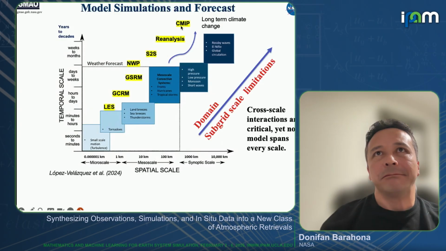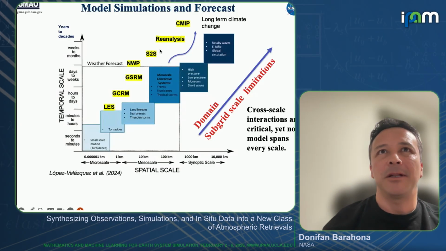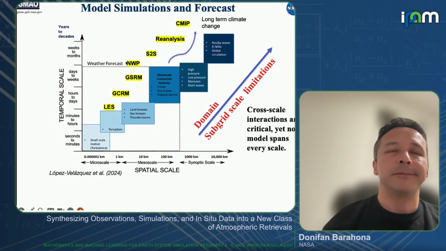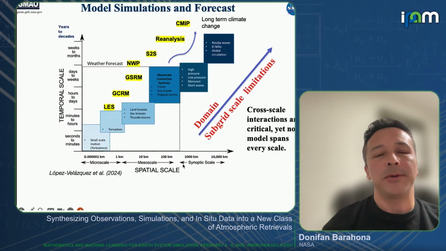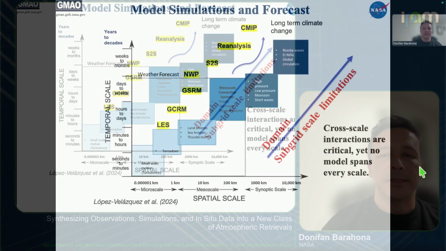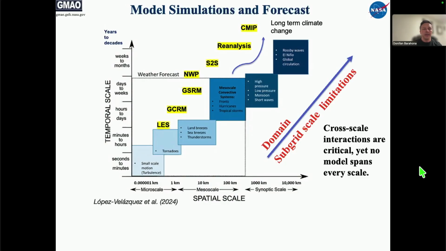If we come down this ladder, then we have models for analysis at probably around 150 kilometers, seasonal to subseasonal, numerical weather prediction, and this is the new class of models, simulations that actually popped up about 10 years ago: global storm resolving models, global cloud resolving models, and then LES. The thing about this is that we can really focus on one process, but the reality is that all the processes at all scales are interacting all the time, right?